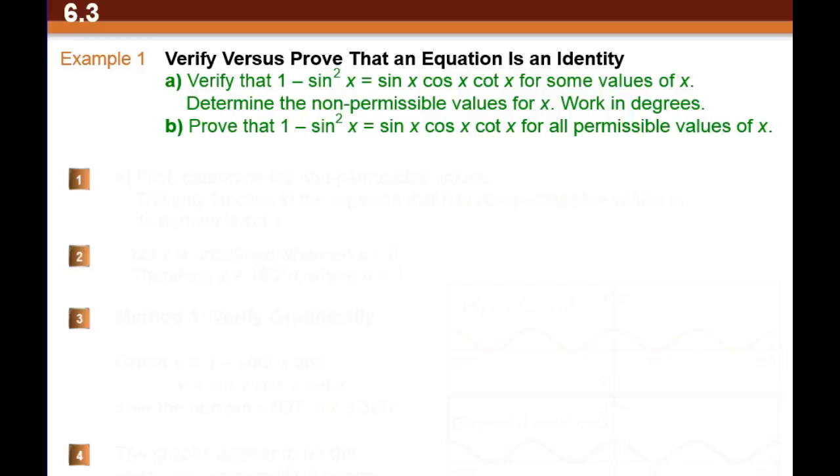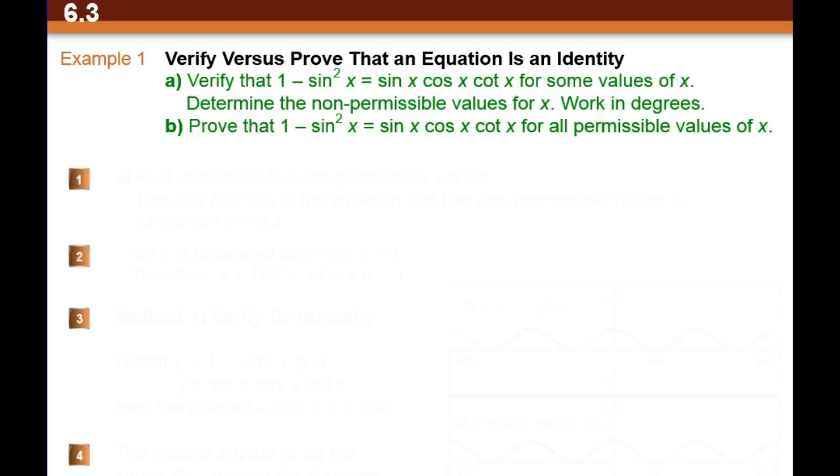Okay, section 6.3, example 1, page 310. We are looking at proving the identities. So that was the part that I said was the best part, where you try to make one side prove that it was the same as the other side. Okay, so the first question says,